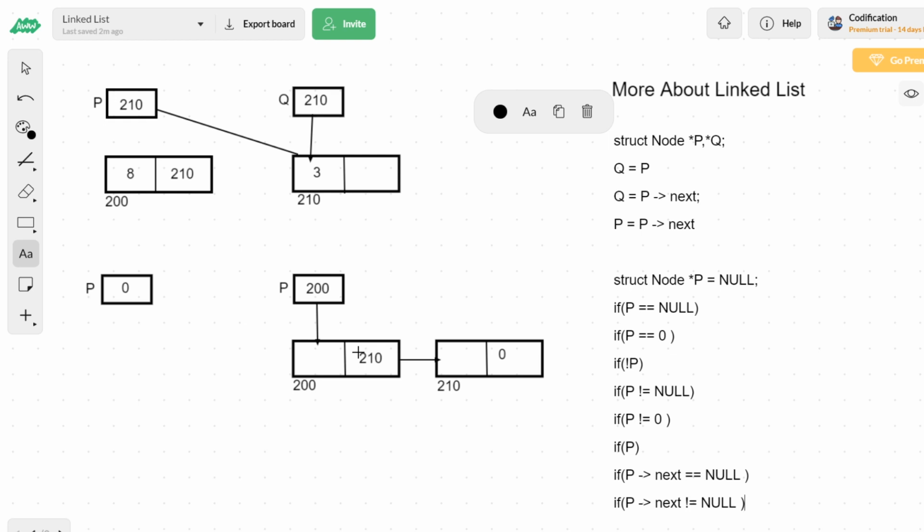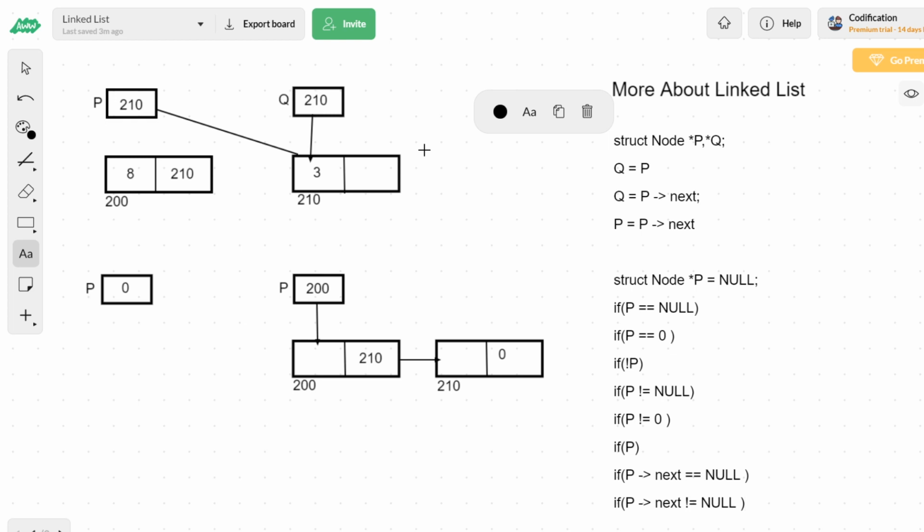Okay, let us have a quick review of what we have done so far in this video. We started with taking 2 pointers p and q and 2 nodes with the addresses 200 and 210. If you want to copy the address stored in one pointer to another pointer, then you can simply give q equal to p.